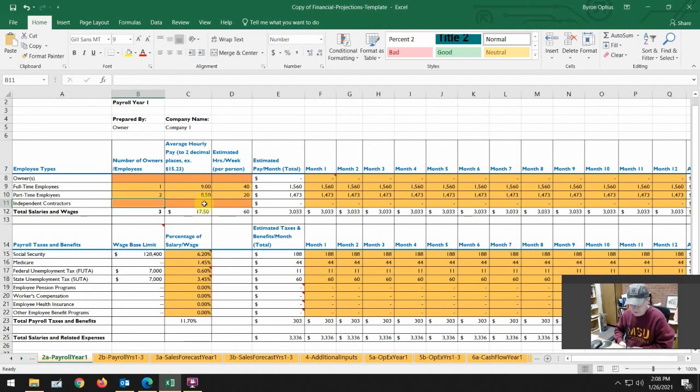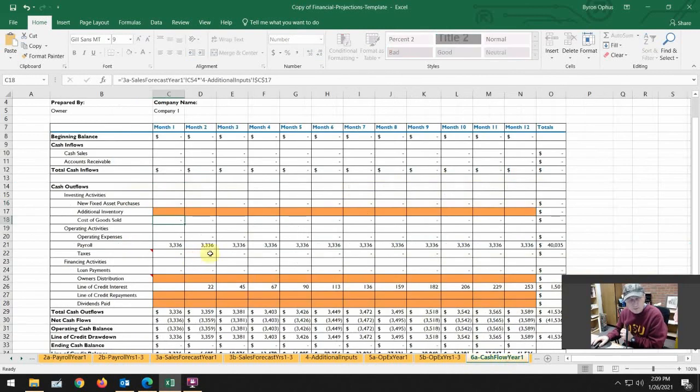I think pastors for churches are oftentimes, and not that a church would be doing a business plan probably, but I think they're oftentimes considered independent contractors, and yet they're paid on a monthly basis. So there are some examples. If you have questions about whether it should be included in that or not, holler. Some salespeople and whatnot are considered independent contractors, but once again, when we get over, I think, to the